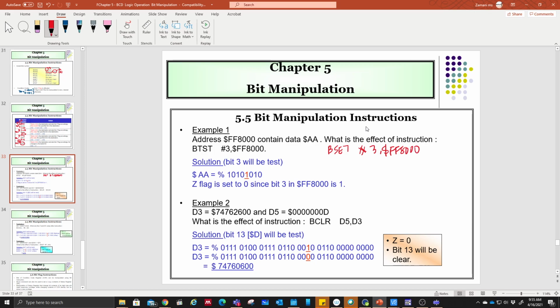Now the contents of this location, you are going to take AA, and bit number 3 is 1. Bit set means you have to test this bit first, and if you find 1, your Z is going to be 0, and after that you have to do the set on the bit. Set on the bit means you're going to change it to 1. Now the condition is 1, so the value will still be 1. There's no change here. The final answer for the memory must be AA, and your Z flag is still equivalent to 0. Let's try to test it on your